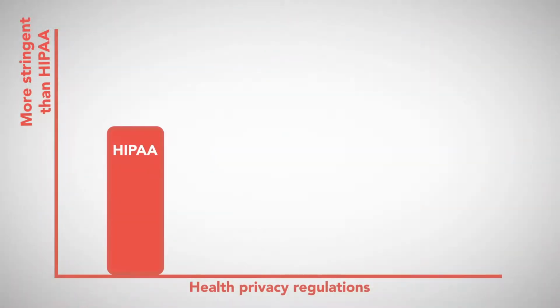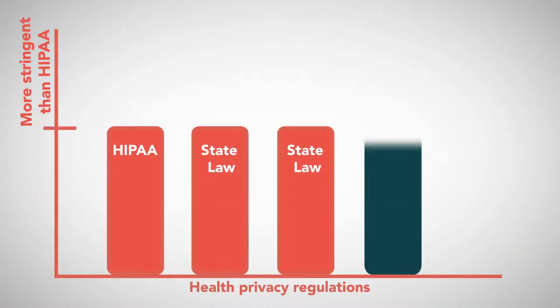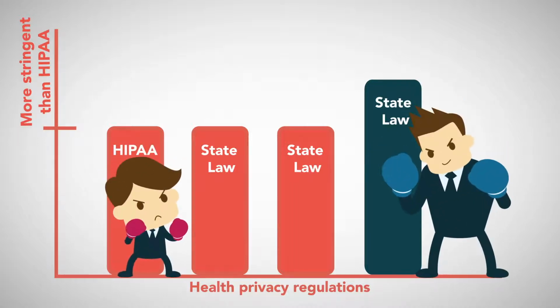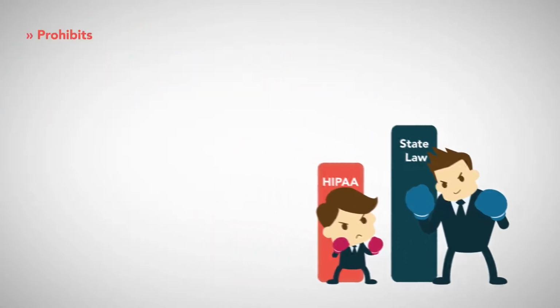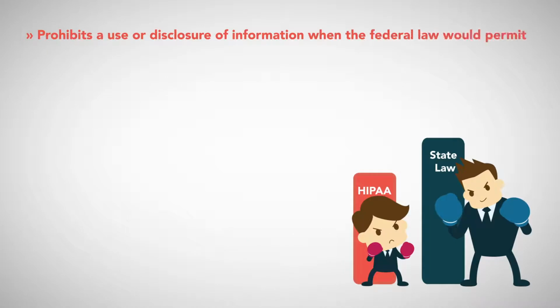It should be noted that HIPAA has created a floor, not a ceiling with regards to health privacy regulations. Thus, a state can pass a law more stringent than HIPAA to protect patient privacy. A state law on patient privacy is more stringent than a corresponding HIPAA provision if the state law does any of the following: prohibits a use or disclosure of information when the federal law would permit it,